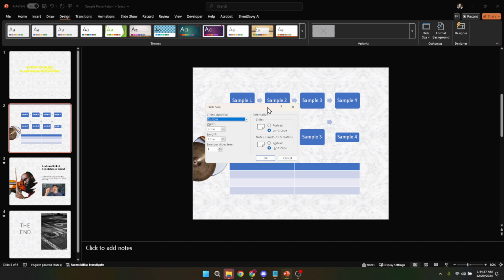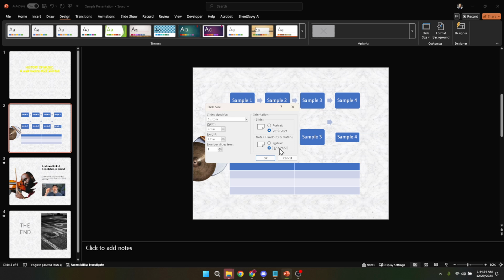Landscape is the default and widely used format, characterized by its wider than tall layout. It's perfect for most presentations, especially when dealing with lots of data or visuals that need room to breathe. On the other hand, portrait orientation offers a taller than wide layout, ideal for posters, mobile view presentations, or documents designed to be scrolled through. Choose the orientation that best suits your content's needs by selecting either portrait or landscape. This decision will largely depend on the nature of your presentation and the kind of impact you wish to create.